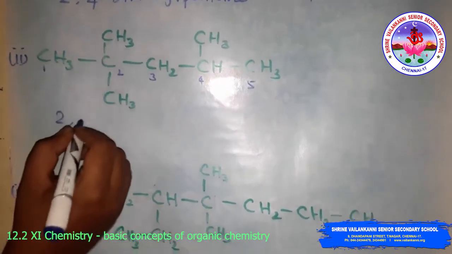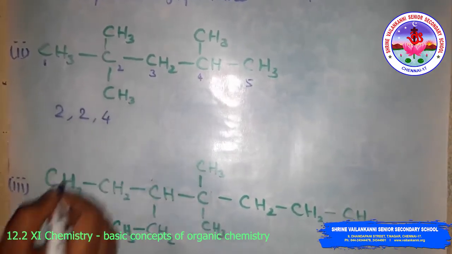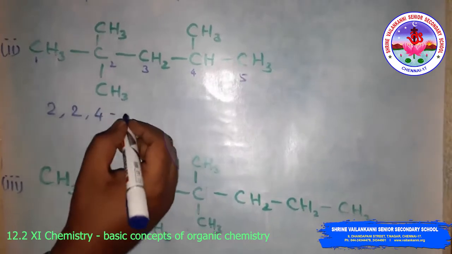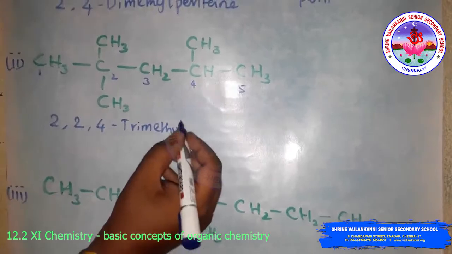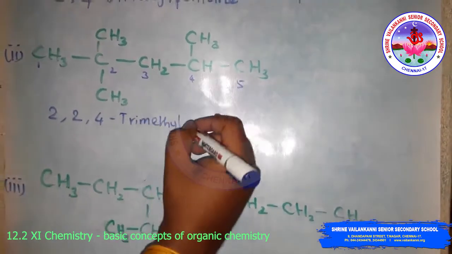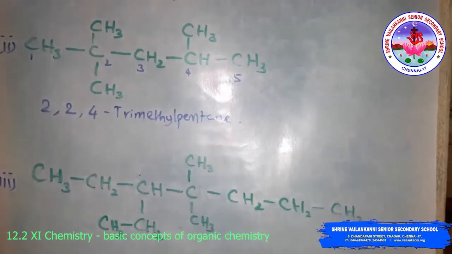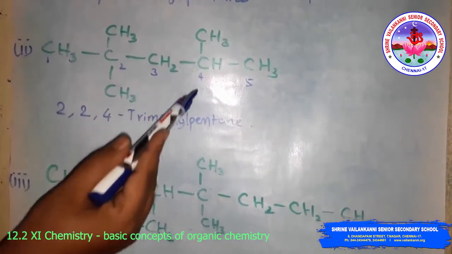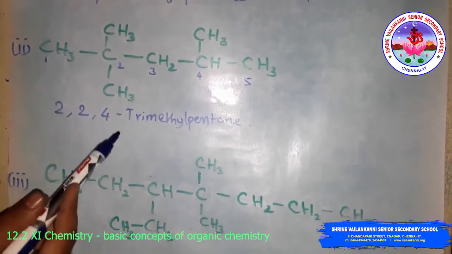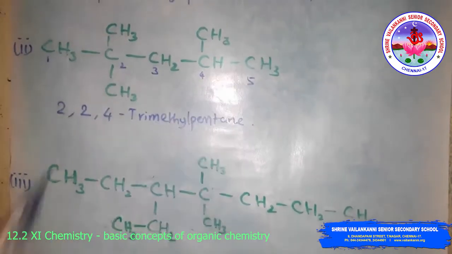So you have to write 2,2,4-trimethylpentane. The second position has 2 methyl groups, that is why I am writing 2,2, and the fourth position has 1 methyl group, 4. Then 3 methyl groups, that's why I am writing trimethyl. Word root is pentane. Okay,